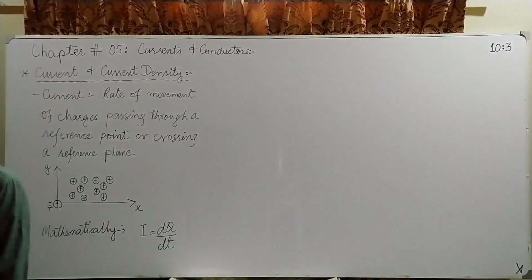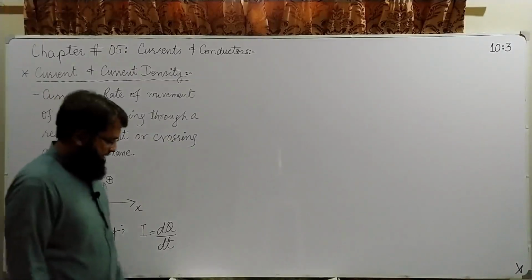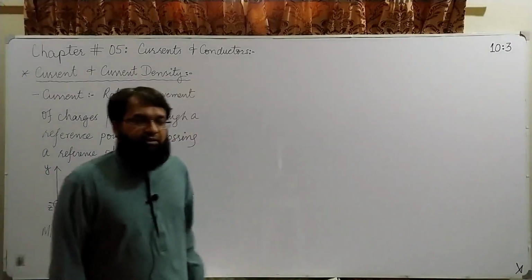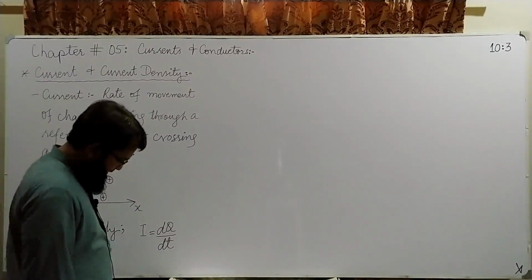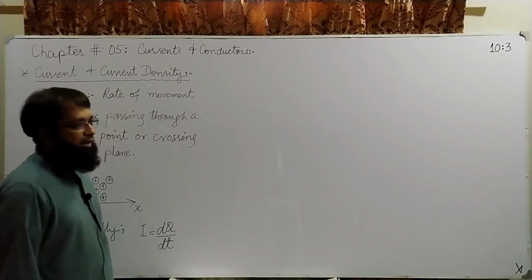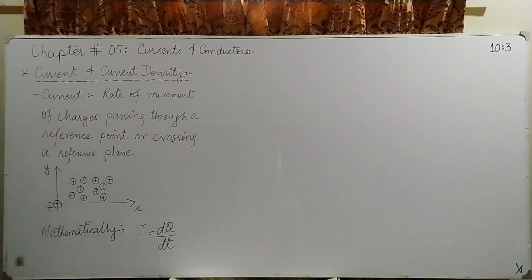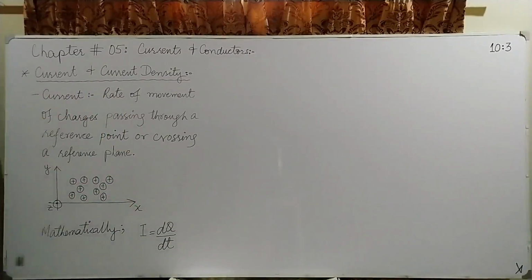Today we are going to start chapter number 5, which is currents and conductors. Since we are dealing with currents, we are now departing from the electrostatics situations, because we all know from our basic electricity and basic electrical engineering courses that current is nothing but movement of charges, as we normally consider it to be. However, more precisely, in physics, it has been defined as the rate of change of current. So movement is not really necessary. The change is really something which we should be looking for.